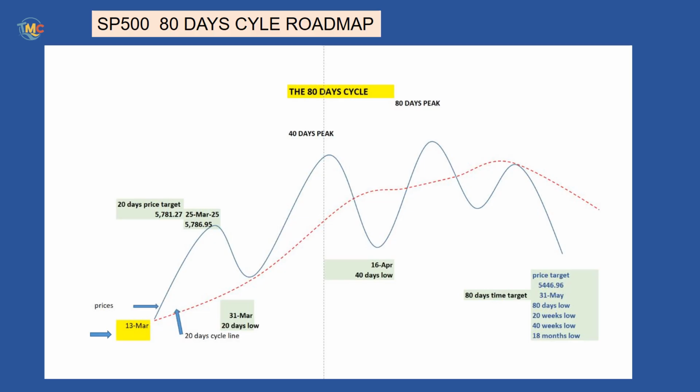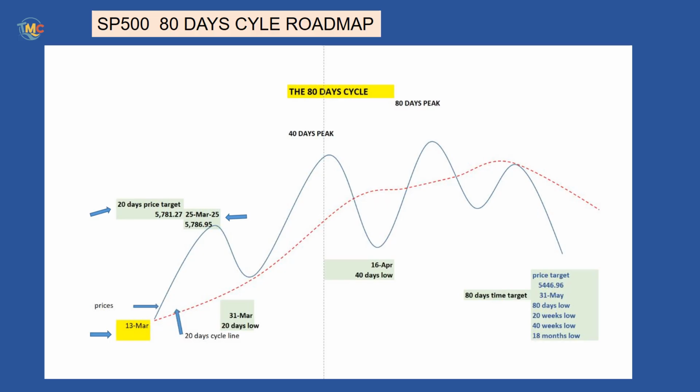Then the S&P 500 crossed above its cycle line on March 24th at 5,642.92, providing a target at 5,781.27. That is 138.31 points or 2.45% of potential profits. The peak of this 20 days cycle formed on March 25th at 5,786.95. Then the S&P 500 started its correction on its way to form its next 20 days low, expected on